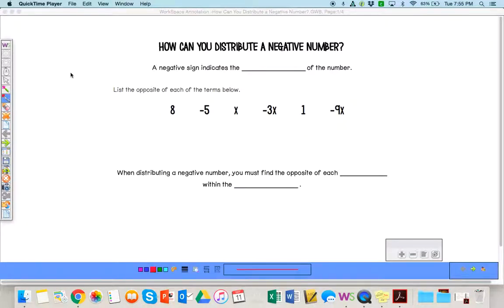So in this video, we are just kind of piggybacking off of what you learned in the last video. We're still talking about the distributive property, but this time we're talking about what happens if you have a negative number on the outside of the parentheses. So it says a negative sign indicates the opposite